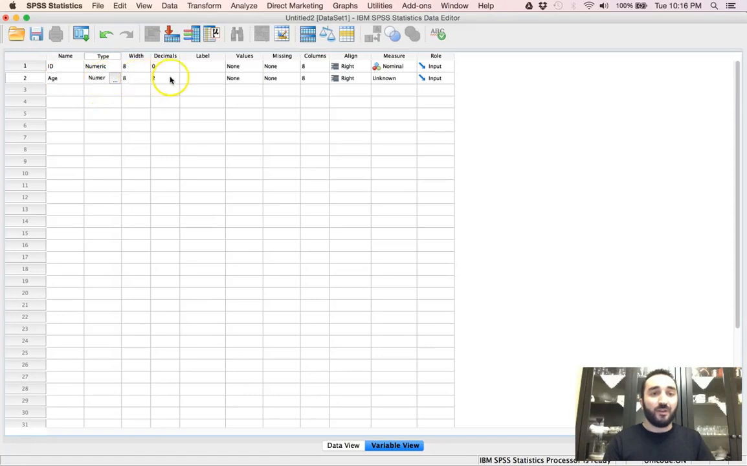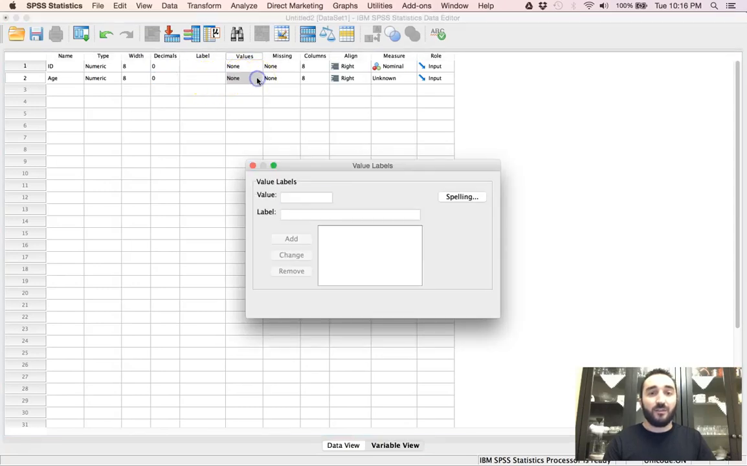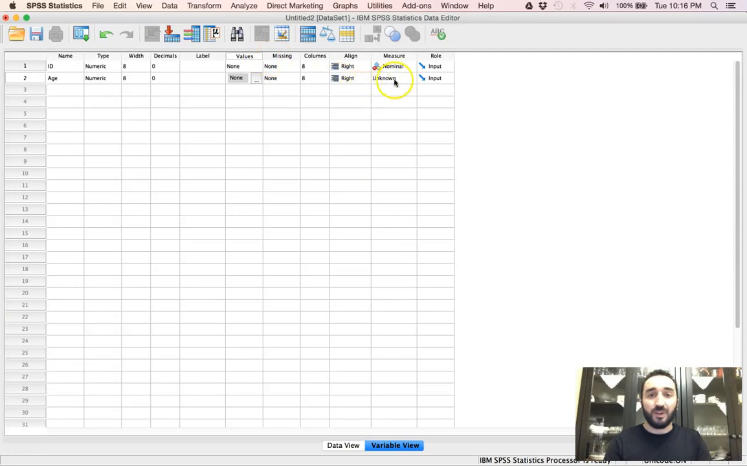Again, numeric, width, and let's keep decimals to 0. And here, for SPSS to understand age, if you're grouping them, you can think about this later, but for now, we will keep this empty as well. And then measure is,